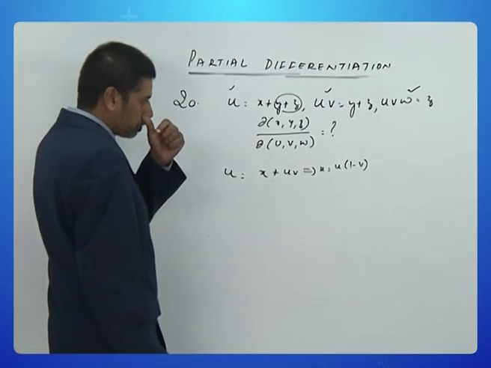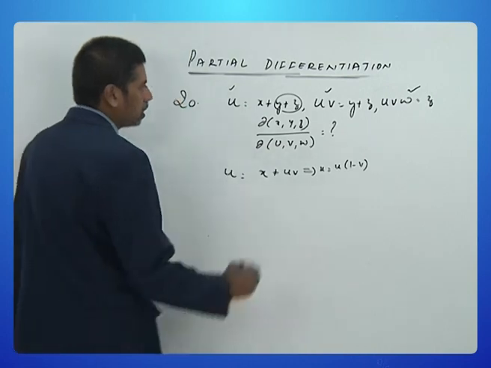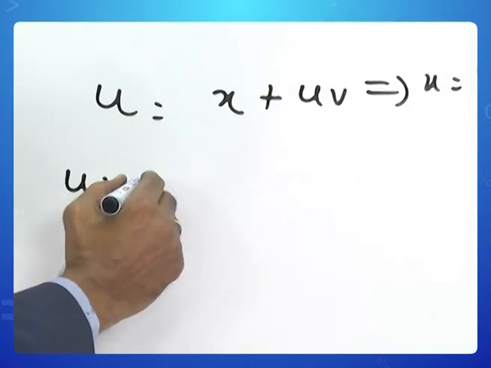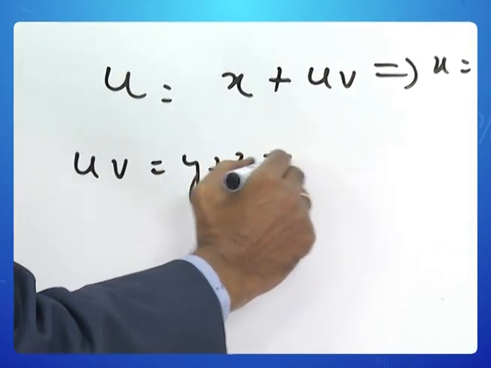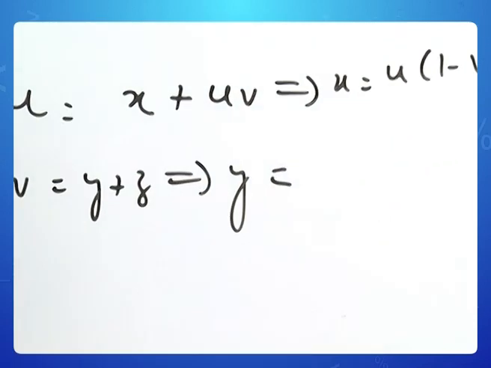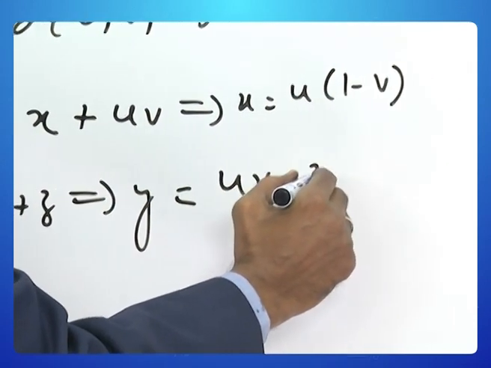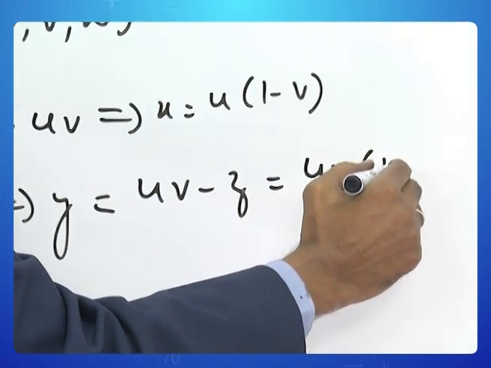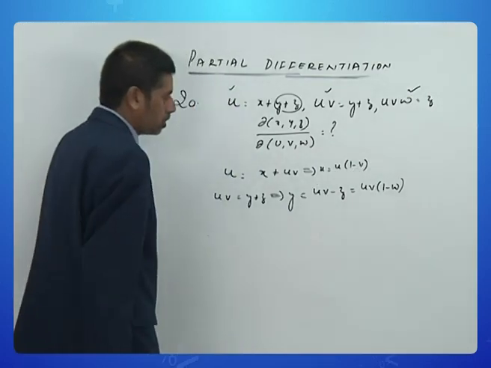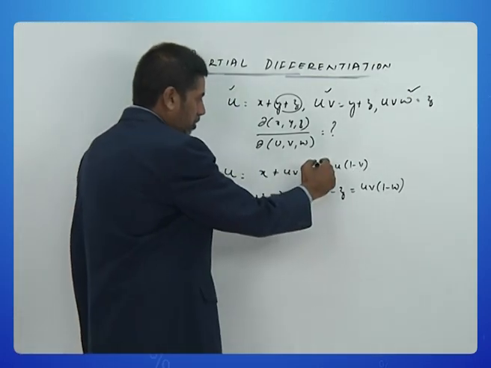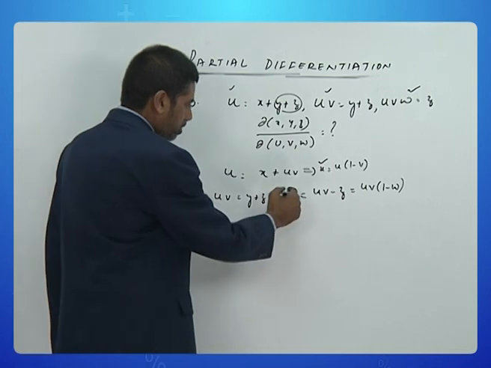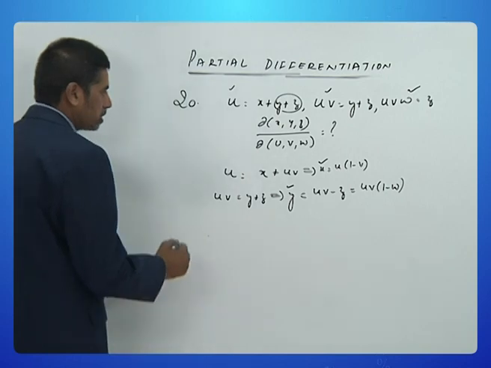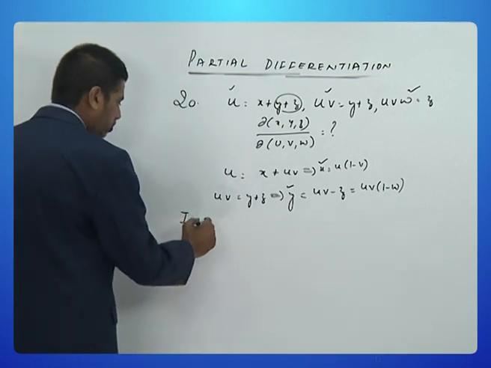What we now require is an expression for y. So from the second equation, uv is equal to y plus z, which implies y is equal to uv minus z, but z is uvw. So if you take uv common, you will get 1 minus w. So now we have an expression for x, an expression for y, and an expression for z. So let's calculate the Jacobian. J is equal to